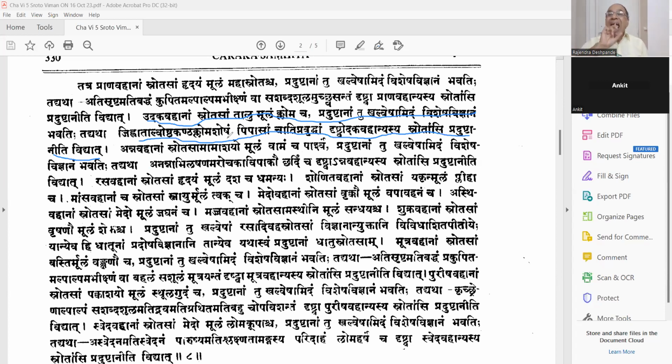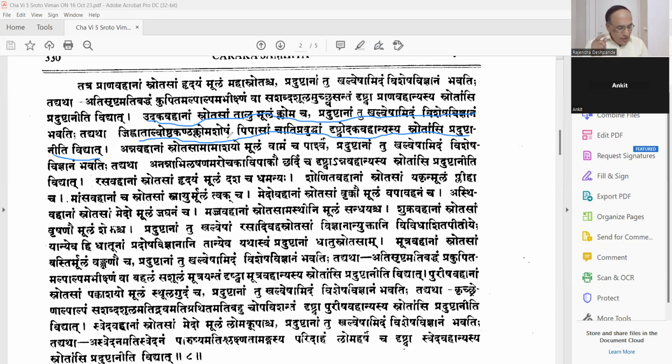Talu shosha, here upper palate, dryness of palate. Please write down. Oshtha shosha, here. Lips, dryness of the lips. That's why when the child, infant below 2 years, below 1 year, is having gastroenteritis, loose motions and vomiting, he cannot tell you, I am thirsty, I am thirsty. What does he do? Like that. Can you see? Because he is rolling the tongue on the lips because they are very, very dry. So this is very important. Talu shosha, oshtha shosha. Kantha shosha, dryness of the throat.